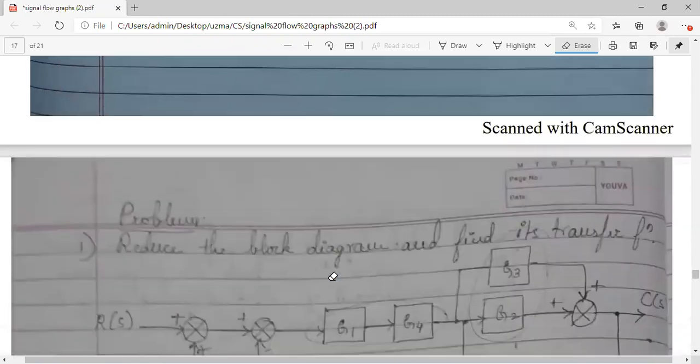Now let us move to the problems on block diagram reduction. So for the block diagram reduction, you should be using that algebra, the block diagram reduction rules, the slide of which I have already shared in your groups. Twice I have shared, even last evening I have sent it, just for recalling. Please be prepared for that. So the same things we will be using. We will be referring to those rules to reduce the block diagrams.